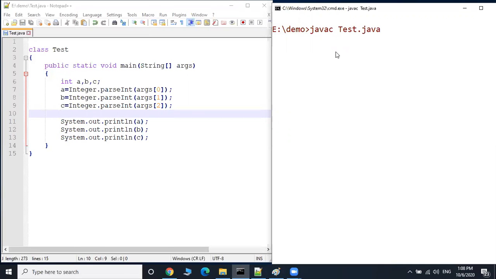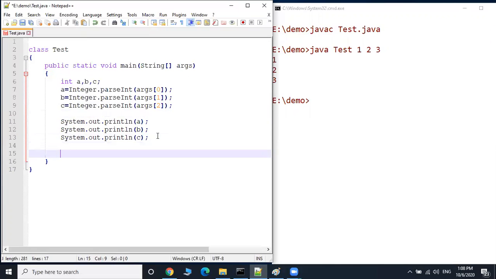javac test.java and java test 1 2 3. Okay, now three variables are there, 1 2 3. So now after this print statement, what I am trying to print is,